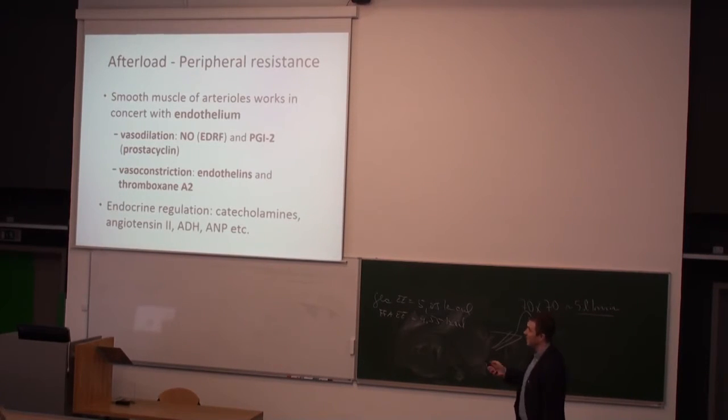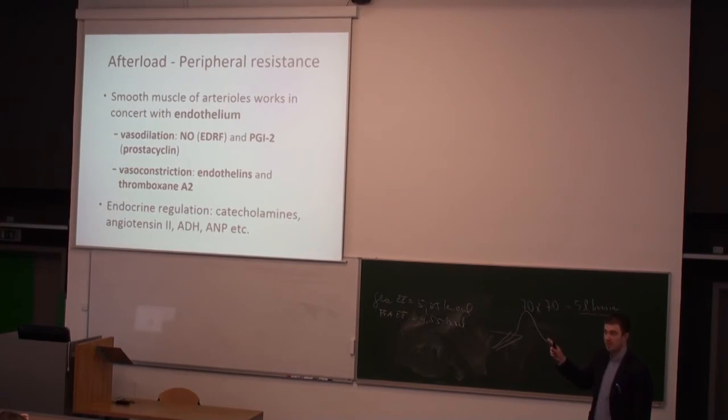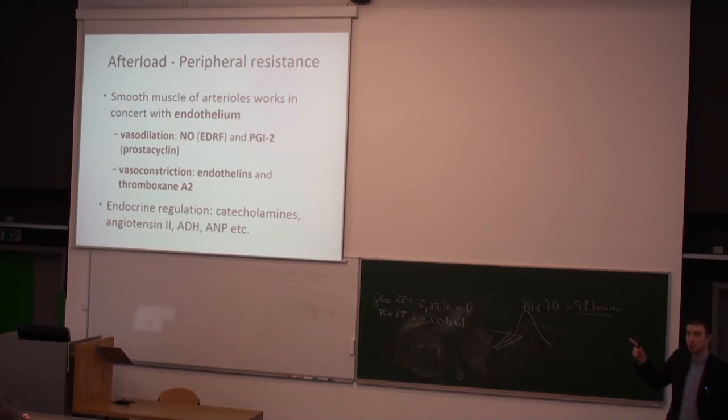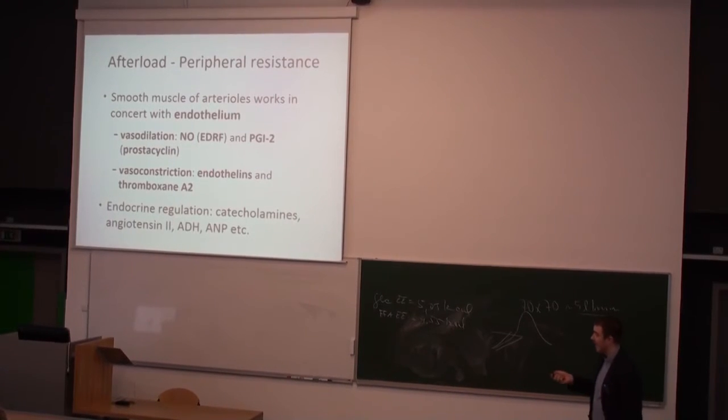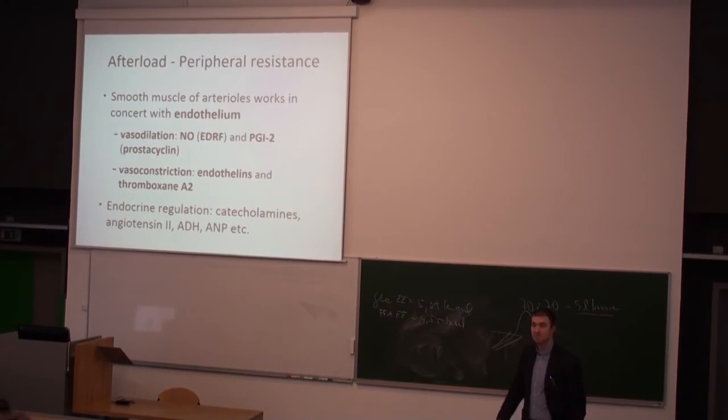Vasoconstrictors, endothelins. What's their chemical nature? Yes, they are peptides, so that means derivatives of amino acids, but as peptides. They are very potent vasoconstrictors, and they mediate the action of some of these compounds. For example, angiotensin type 2 does its very strong vasoconstrictor action with the help of endothelins. Yes? And thromboxane A2, what was the maternal compound for it?